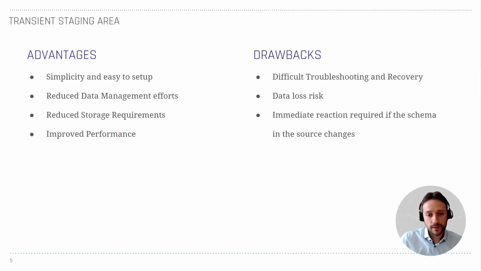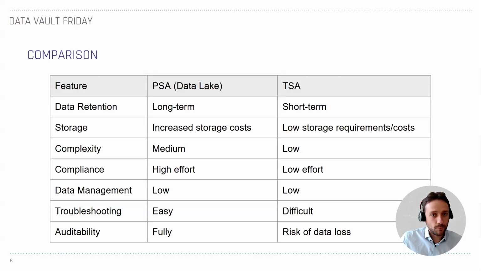For the TSA itself, there's no data management needed in case of schema changes in the source. So let's say there's a new column for a source table. The stage easily reflects those changes, but an adaptation in the data vault is necessary as well. So you need to do those changes immediately. Otherwise, the data for the new column is lost when it gets overwritten with the next load cycle, right? Let's compare